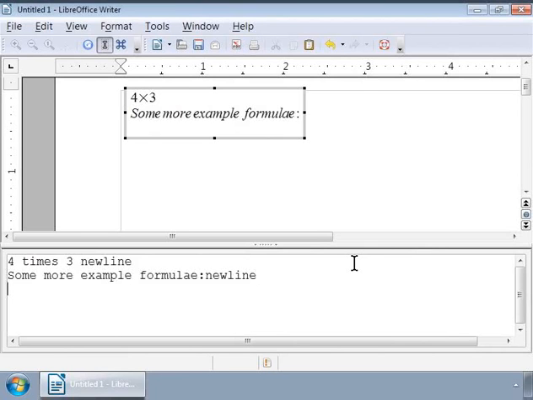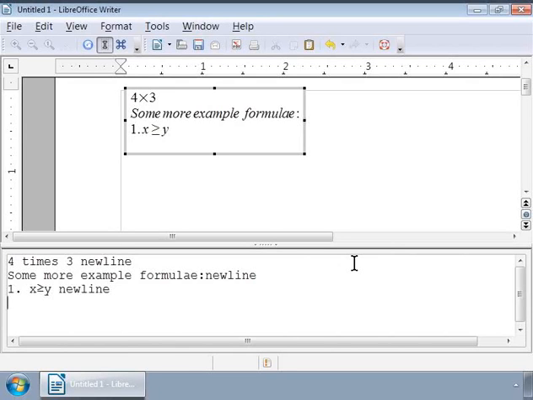Here we will also number the formula. So we will type 1 x greater than equal to y newline. Press Enter. Notice the Writer gray box has refreshed and the contents are centered.